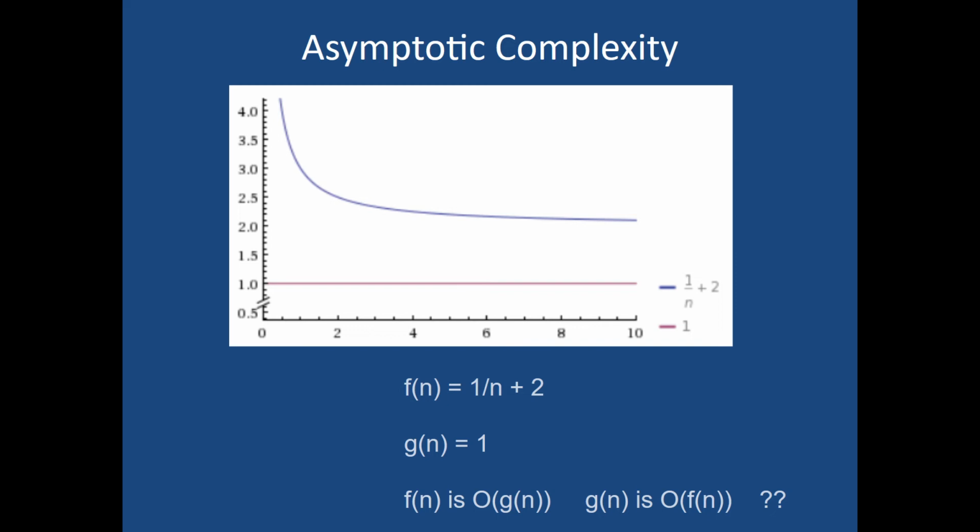You can be sure that if you graph one function and you graph the other function, and the one function is always above the other function, as in this case, then yes, the pink is O of the blue. And in fact, what are their rates of growth? What's the doubling behavior? If you double n, what happens to the pink? It stays the same. If you double blue,